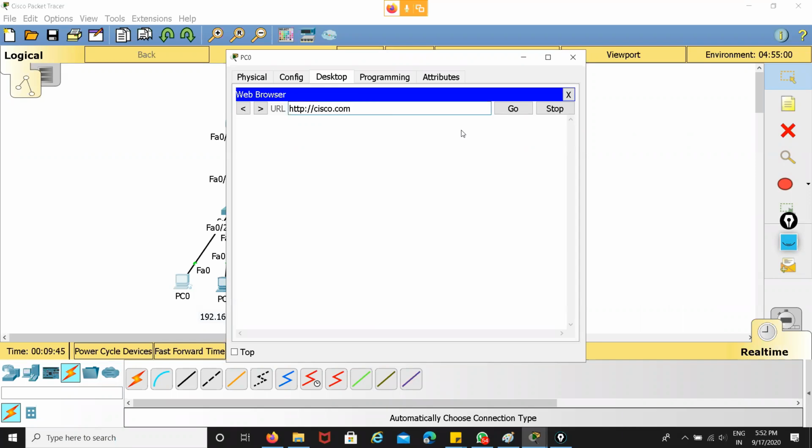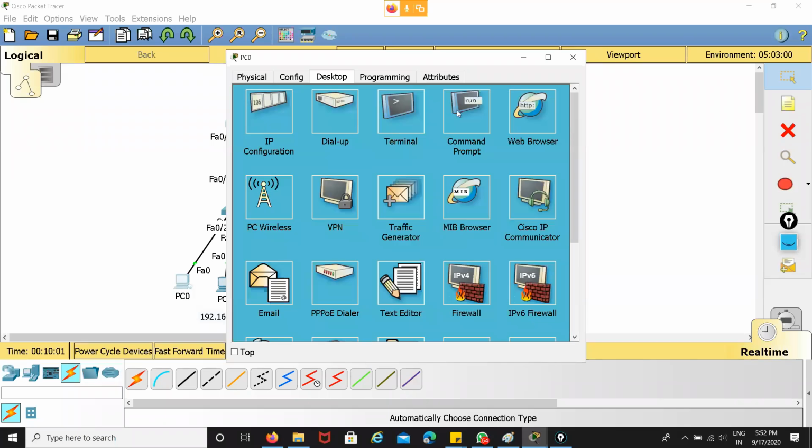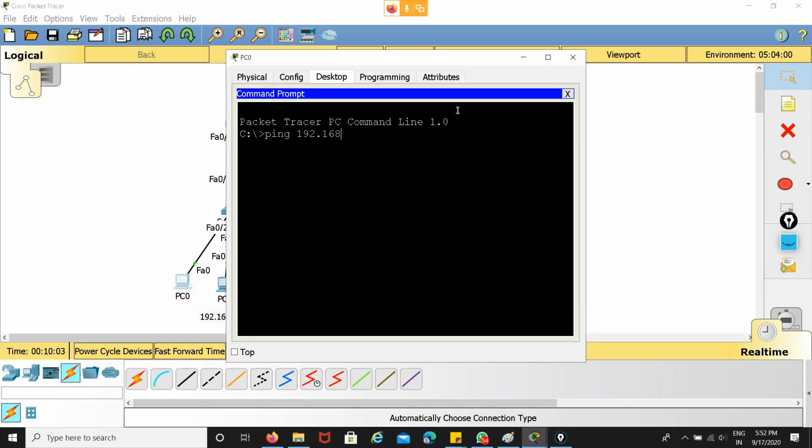All of these are successfully able to communicate with the server. First check the reachability. Ping 192.168.2.2. It's not pinging. It simply resolves the ARP, that's why it drops the packets.